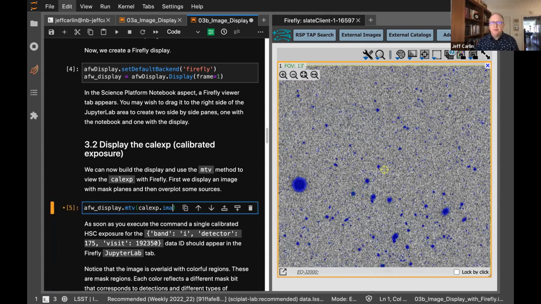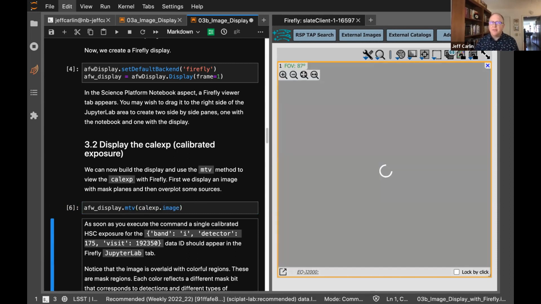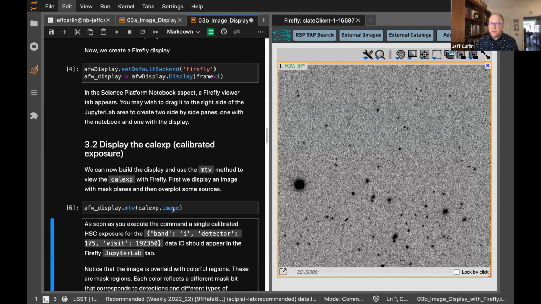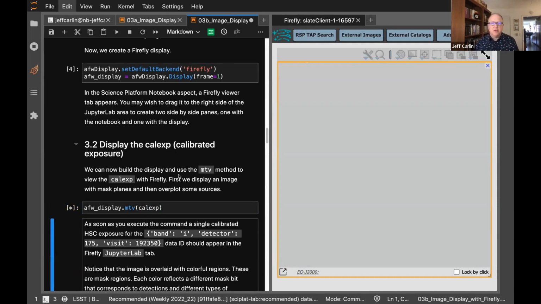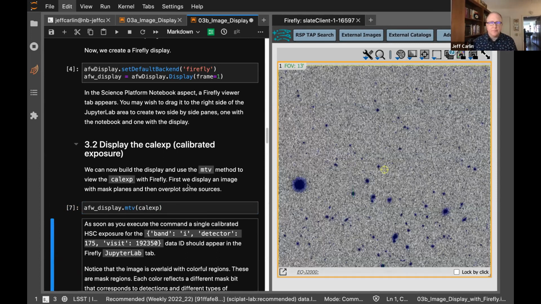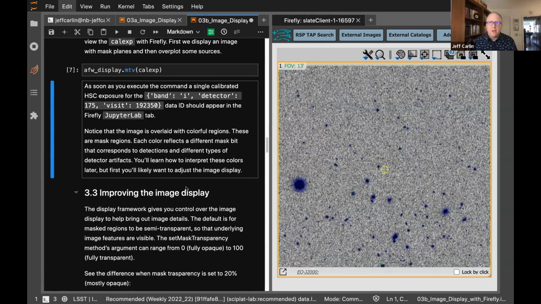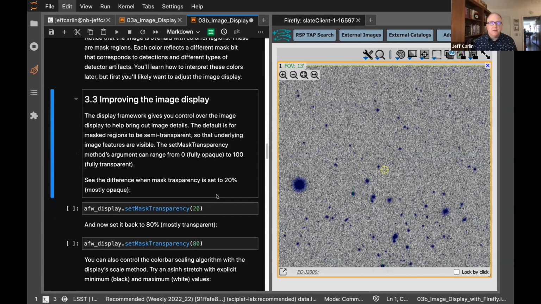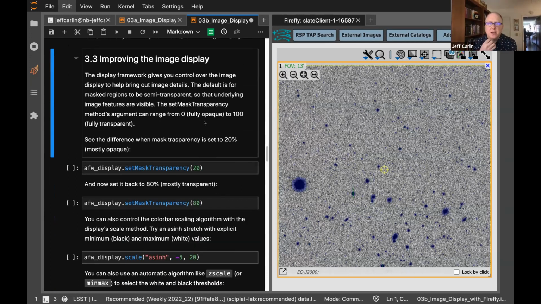If you want to display it without the mask, you can just say calyx.image, and it'll just show the image plane without the mask. But we're going to go back to with the mask plane so we can show you other ways that you can interact with that. Okay, so with that image open now, we'll show you how you can manipulate some of the